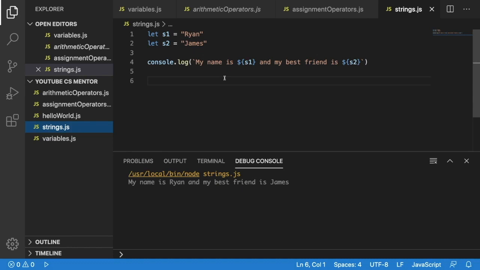Hello everyone, in this video we're going to talk about comparison operators. We've talked about operators before, using assignment operators, using arithmetic operators, and in our last video we talked about strings. So let's create a new file. We'll call it